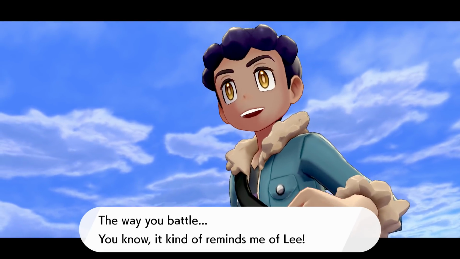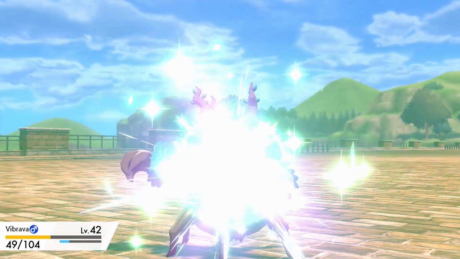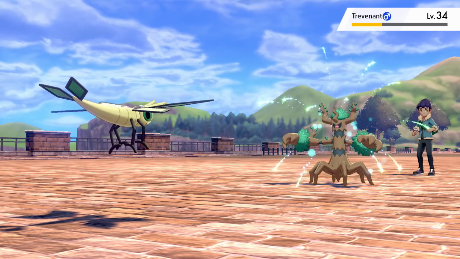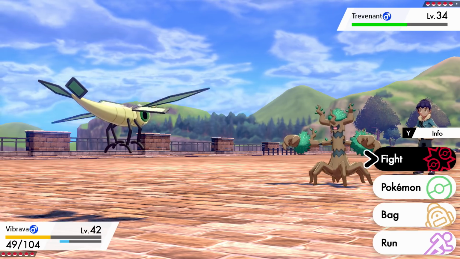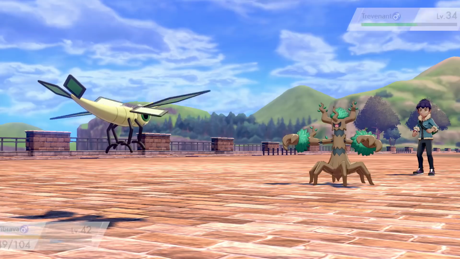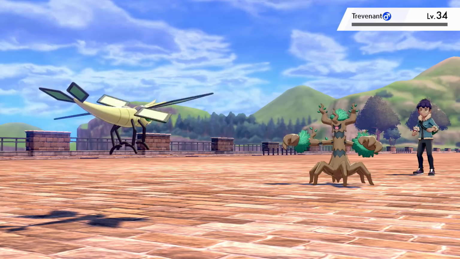What can he do to me? Yes, I know how bloody super effective works. He's going in for a Horn Leech. That flippin' hurts. Okay, wow, he might be about to actually take out one of my Pokemon. If I can't kill him with this Crunch, then he's actually going to take out Vibrava. And...